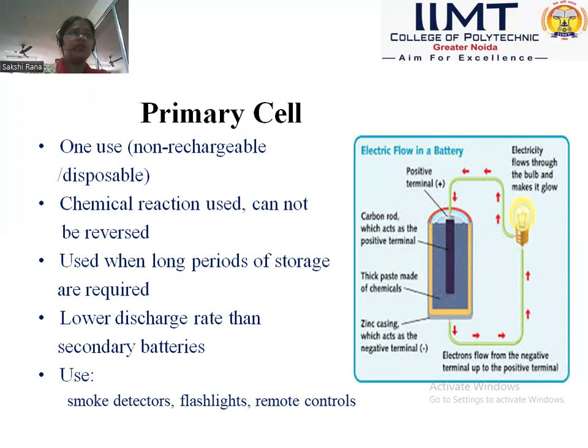आफ्टर दैट दैट बैटरी कैन नॉट बी used. Used when long periods of storage are required, lower discharge rate than secondary battery। secondary battery से ये बहुत कम डिस्चार्ज होती है। इसका यूज कहाँ कहाँ पे करते हैं, लाइक स्मोक डिटेक्टर में, फ्लैश लाइट्स में, या फिर रिमोट कंट्रोल्स। लाइक आपको टीवी के लिए रिमोट चाहिए होता है, एसी के लिए रिमोट चाहिए होता है, आजकल फैंस के लिए भी रिमोट चलते हैं, लाइक बीएलडीसी फैन आपके हैं तो उनमें हमारा रिमोट वर्क करता है। तो उनके लिए प्राइमरी सेल्स की नीड होती है, बिकॉज दे कैन बी यूज्ड फॉर अ लॉन्ग टाइम कंपेयर टू द सेकेंडरी बैटरी, राइट।